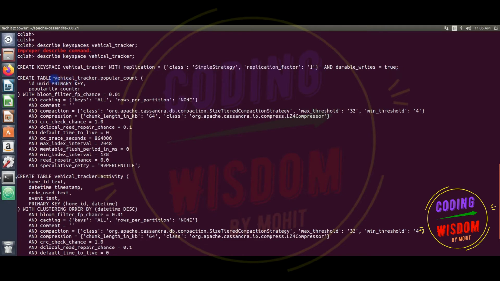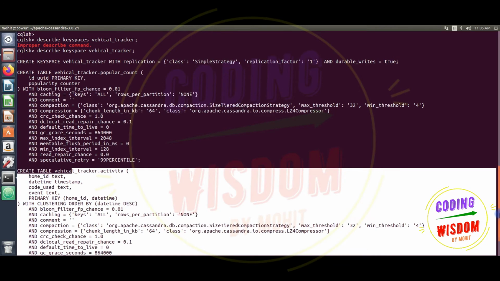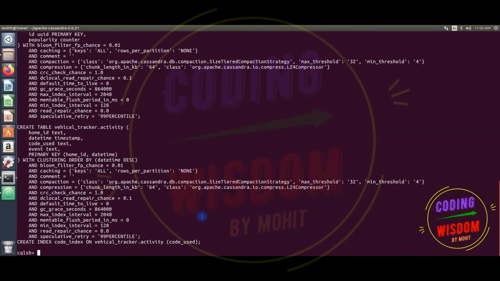And this is the keyspace vehicle tracker. This is the popular count, one table, and activity is the second table. I hope you got the sense that this keyspace is holding the tables. So this is a schema for the first table, this is a schema for the second table. So in this way you can view a keyspace by using the command describe keyspace and then the keyspace name.